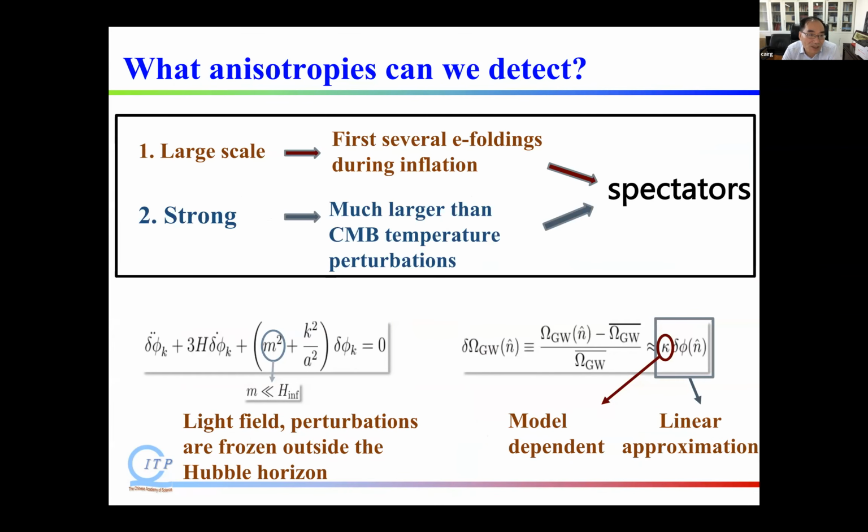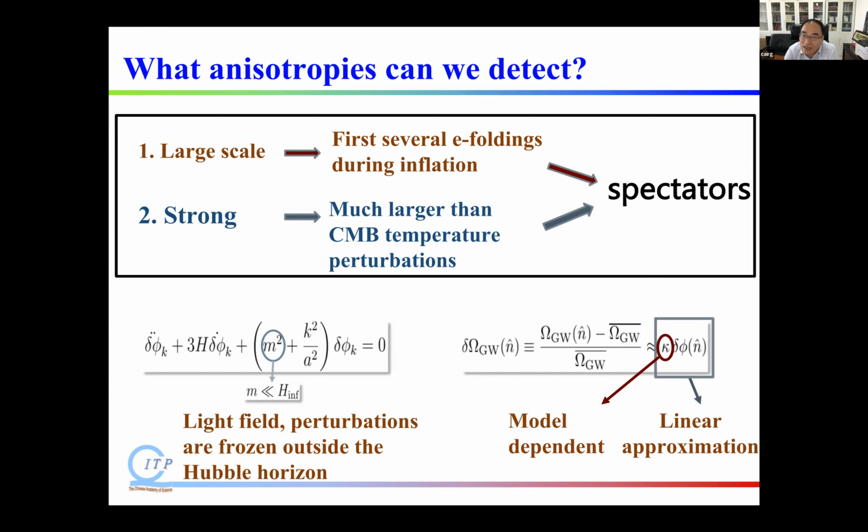What anisotropies can we detect? First, we should consider larger scales, during the inflation, meaning the first several e-folds. Another should be the strong one. So it should be much larger than the CMB temperature perturbations. So in this talk, I will discuss the